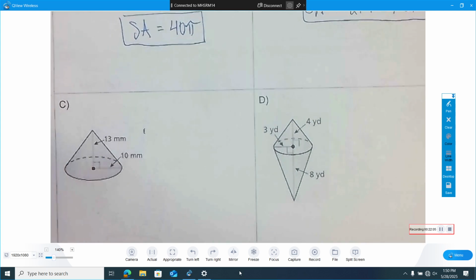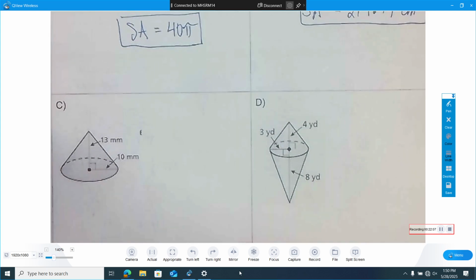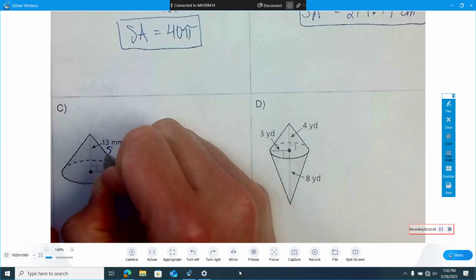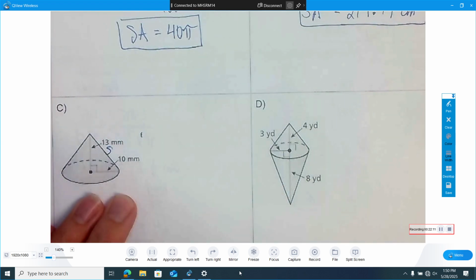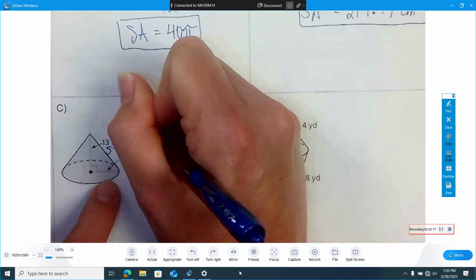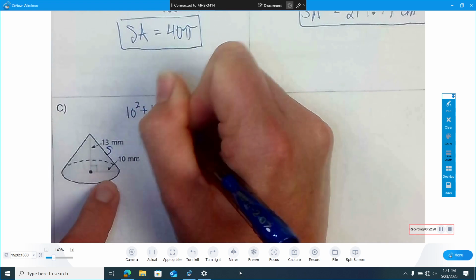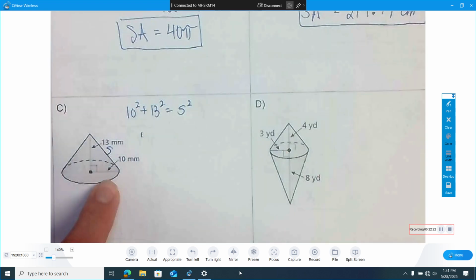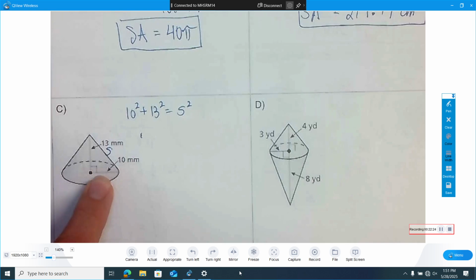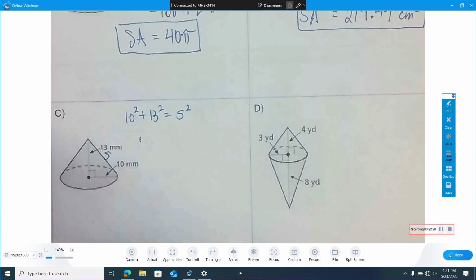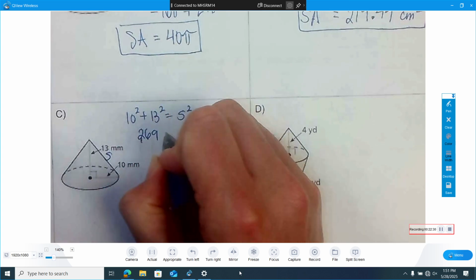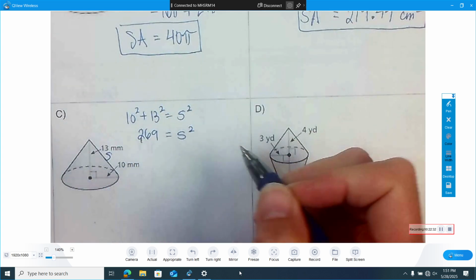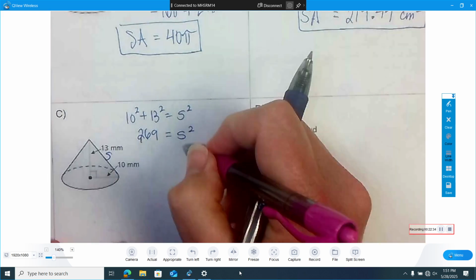What's missing on C? What do we need to figure out? Slant height. We do need to figure out the slant height s. And how are we going to figure out the slant height? a squared plus b squared equals c squared. Very good. So 10 squared plus 13 squared equals my slant height squared, or my hypotenuse squared. What is that? 269, I guess, is equal to slant height squared. And how do we get the s by itself? Square root,